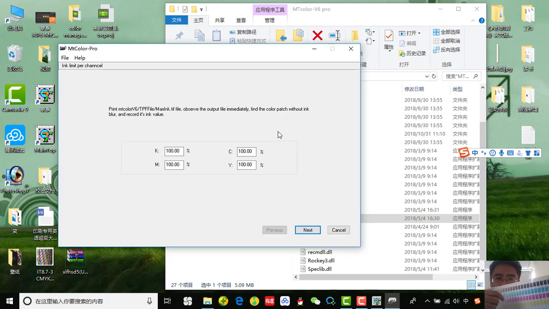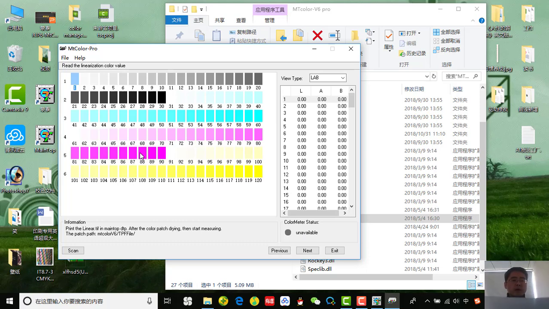So this is the ink condensity checking. Maybe for the first one I just choose the black, I just choose 85. I think 85 is enough. And for the second, maybe 85 is perfect. And magenta maybe 80. And yellow also 80. 80 is enough. So with this, we go to the next step to print